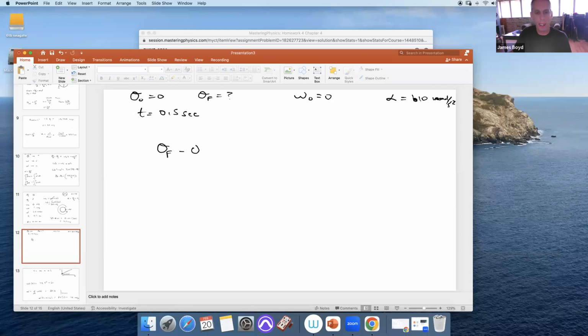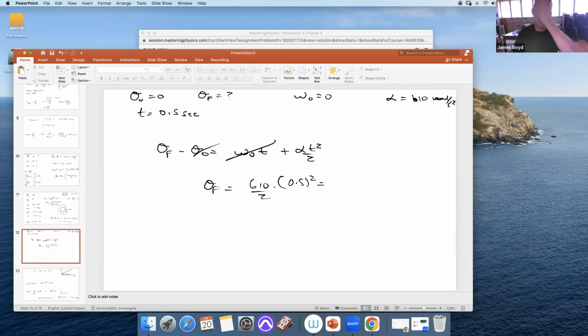Theta final minus theta initial is omega initial t plus alpha t squared over 2. This is 0, this is 0. So in the first half second, it turned half times a half, which is a fourth. So that would be 610 times a half, times a half, times a half,